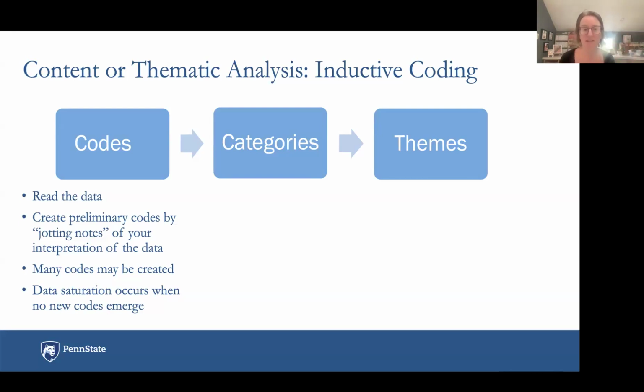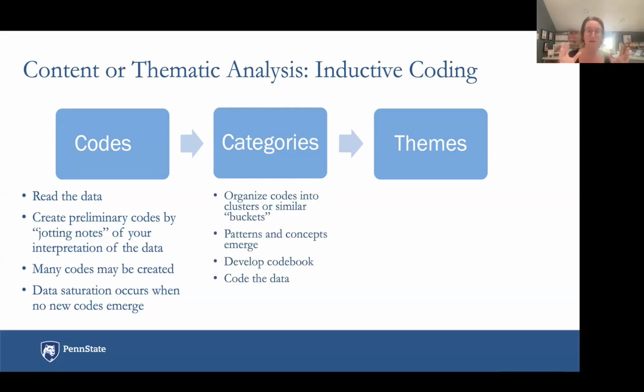Usually we do it on the margin of the transcript, or on a whiteboard, and just say, okay, here are the things that are coming out. These are the topics that I'm seeing. After you read one transcript, you may have 10 codes come out. Then you read your second transcript and you get another 10 codes. Then you read your third transcript and you're like, okay, I've got most of these, but oh, here are 5 new ones. After a while, you're going to get to the point where you pretty much have all of them. Maybe there are 1 or 2 stragglers coming out, but for the most part, you're going to hit the point of data saturation where no new codes are occurring. That's when you know that you're ready to move on to the next phase, which is creating categories.